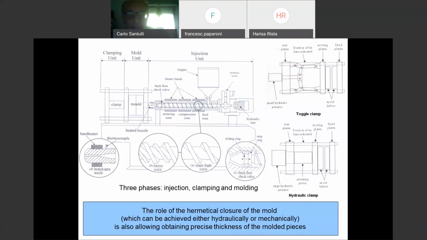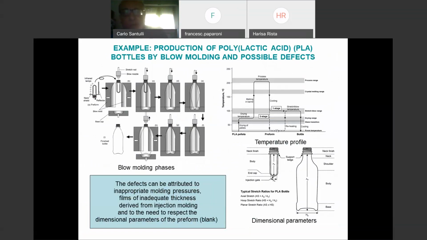For example, here we have a process which is not exactly the same because it's blow molding, and basically what you do, instead of putting in the funnel these granules, you blow a preform blank, which is something that then gradually needs to be finished. Against the walls of your mold, you blow your plastic, which is already sort of softened. Also here you have a number of cases which involve different temperatures, and so in practical terms,